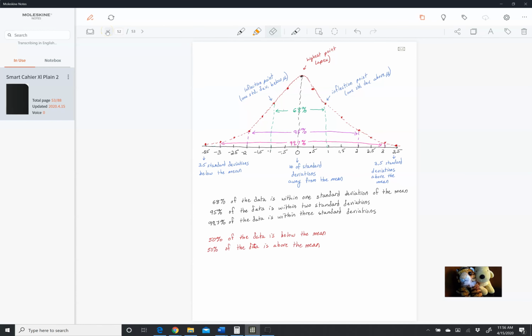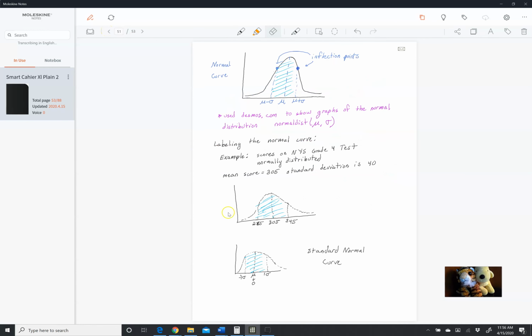So if we go back to this one again, I can say, okay, what percentage of people scored below 265? What percentage of people scored below a 300? What percentage of people scored above a 300? What percentage of people scored between a 320 and a 420? Okay, so let's